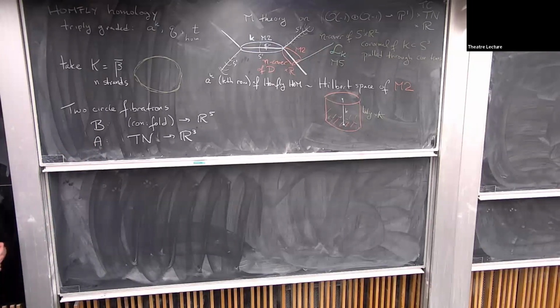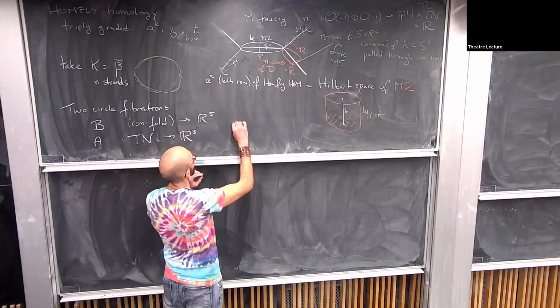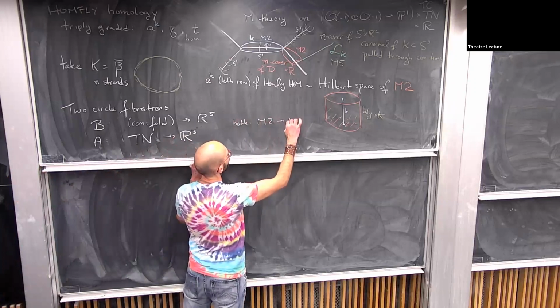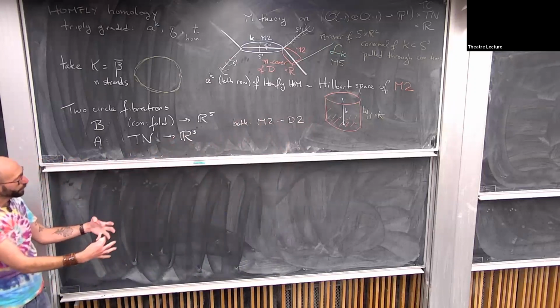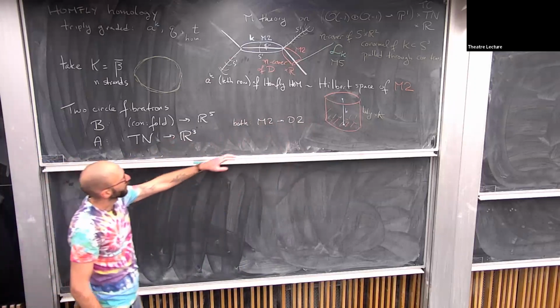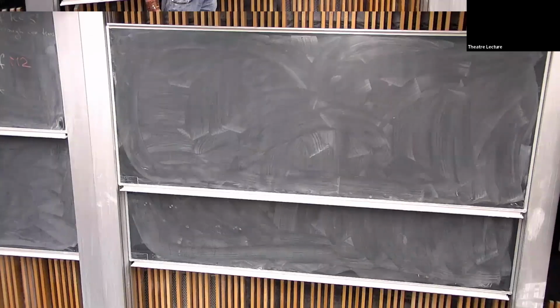And by lots of work in the 90s, in both, the M2 branes become D2 branes upon reduction on the circle. They're still three-dimensional, and one learns that such reductions give you 3D mirror gauge theories on the D2 branes that